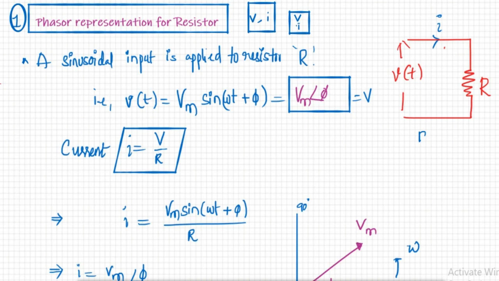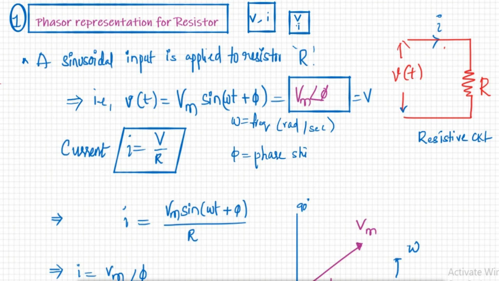Okay, so first we have a circuit. This is a resistive circuit. So a circuit consisting of a resistor is called a resistive circuit. I have applied a voltage v(t), that is AC voltage, to the resistor, and current i is flowing through that resistor. The voltage source I have applied to the circuit is v(t) = Vm sin(omega t + phi). Omega is angular frequency, with units of radians per second, and phi is the phase shift